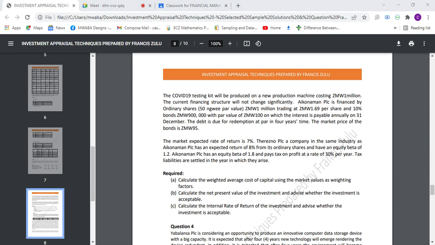The formula to get the value of equity is ordinary share capital divided by book value per share,